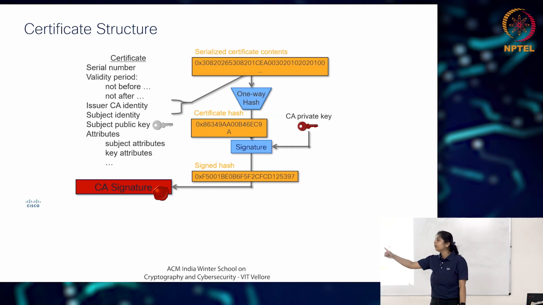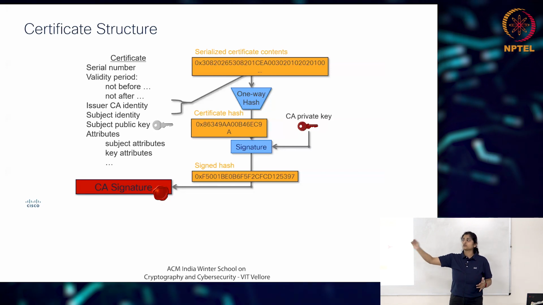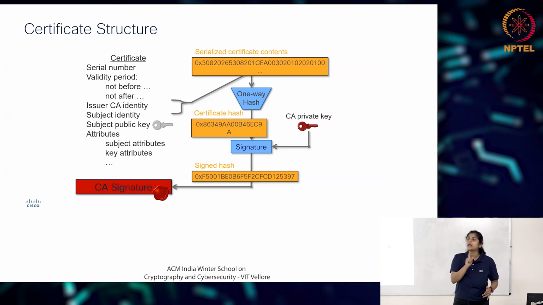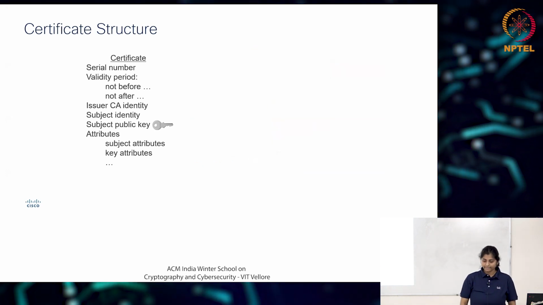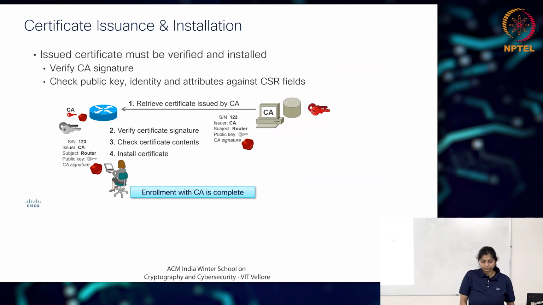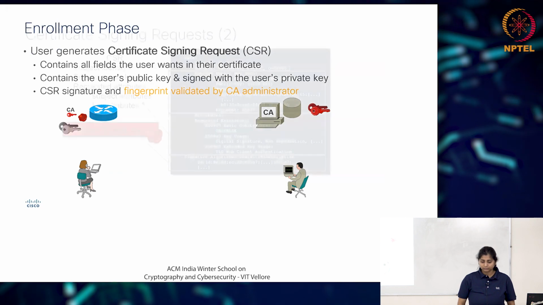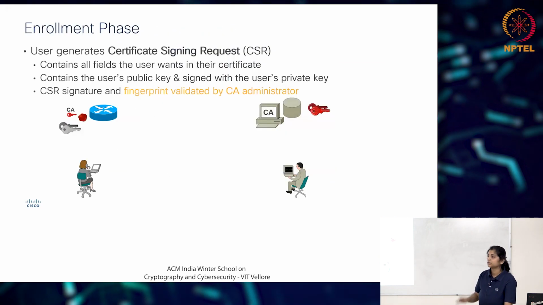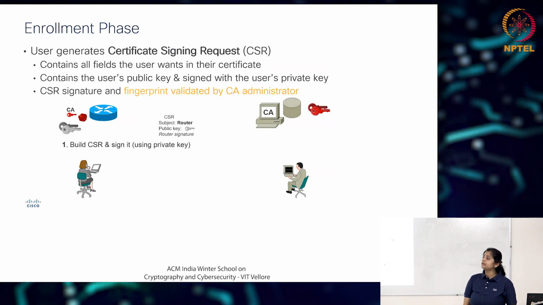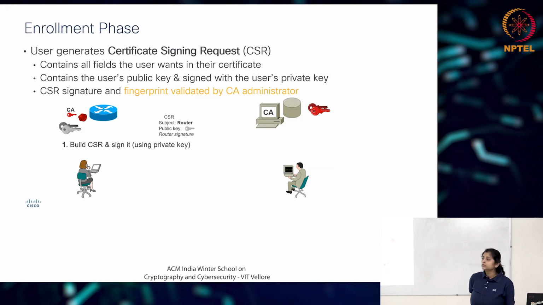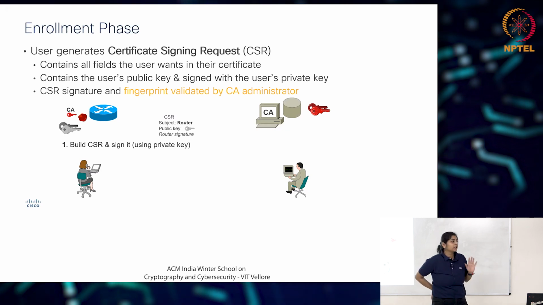If I don't trust you, it's not like I don't trust the CA, because the CA is established. So the validation happens for the CA certificate also. That's why your certificates have signatures from the CA. So what's happening? Build the CSR and sign it. You use your private key. So far good? We are using the private key, the key pair that we generated.